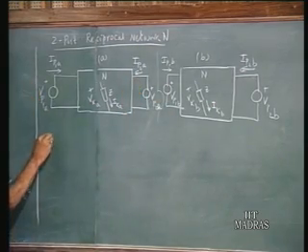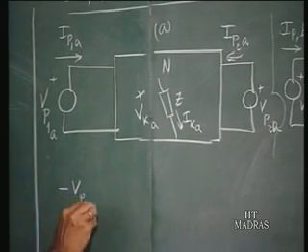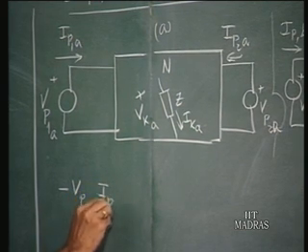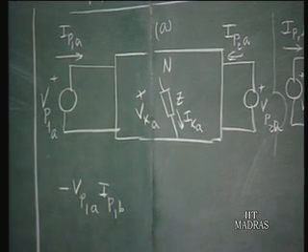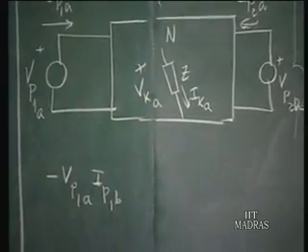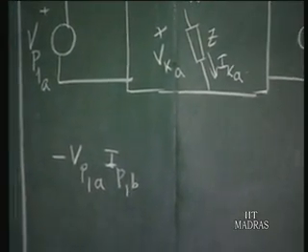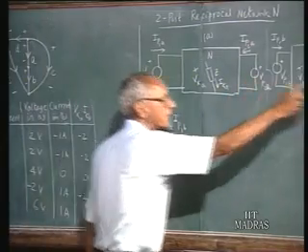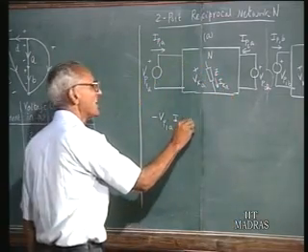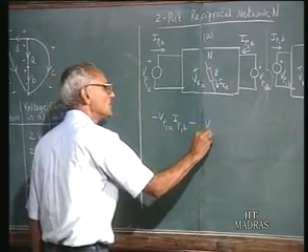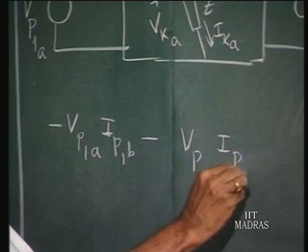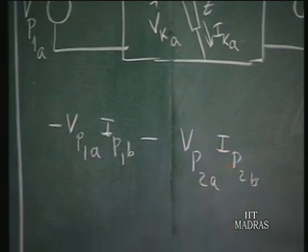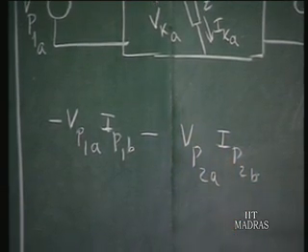Therefore, I can write this as minus VP1A times IP1B, because the current is not from the positive to negative sign of the voltage, not in the conventional sense. Similarly, take this element and this current here. Likewise, minus VP2A multiplied by IP2B, plus